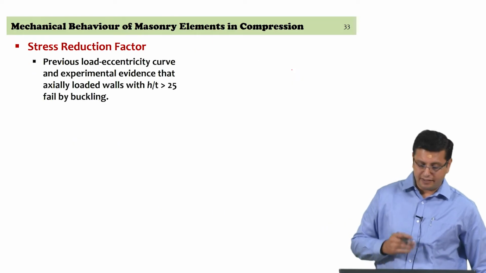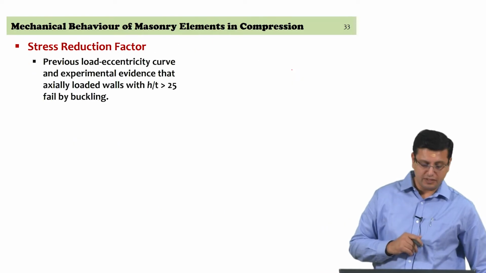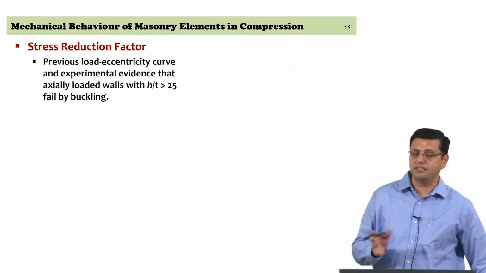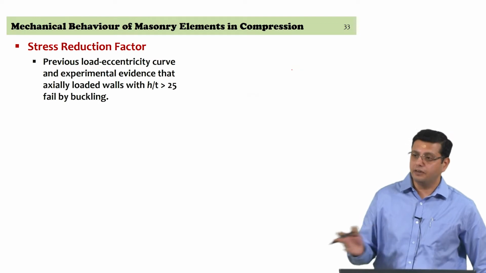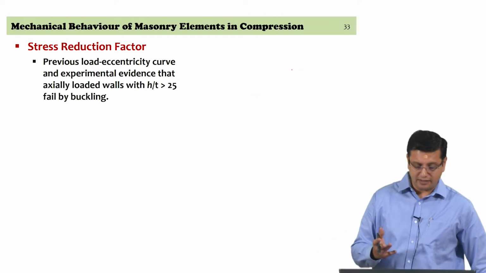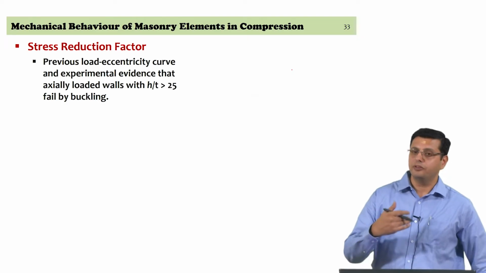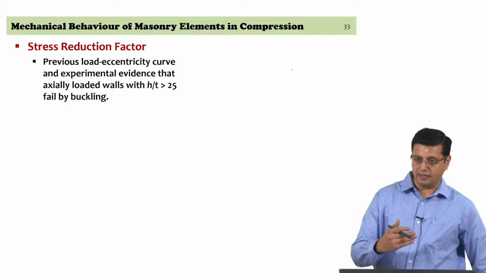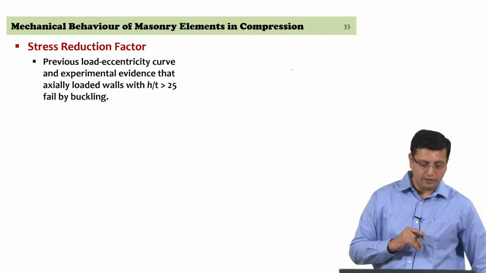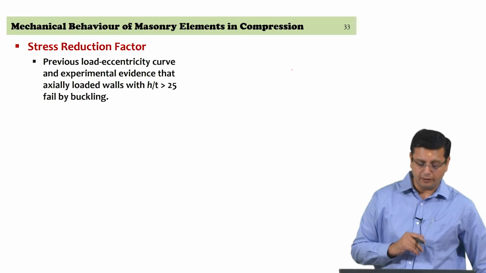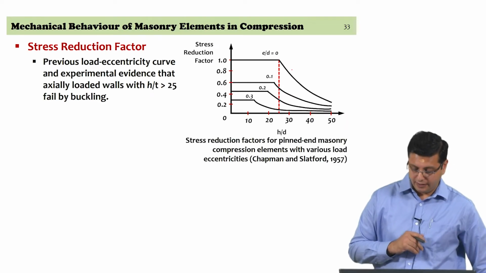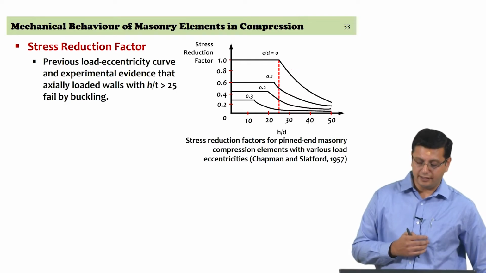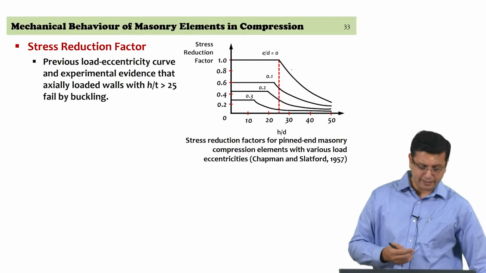The stress reduction factor itself, we have seen how with H by T greater than 25, these are governed by buckling, but less than 25, you start seeing that you can have crushing in the cross section that can occur before the instability due to buckling occurs itself. So, typically the stress reduction factors that we saw for IS 1905, we will compare that in a moment, but